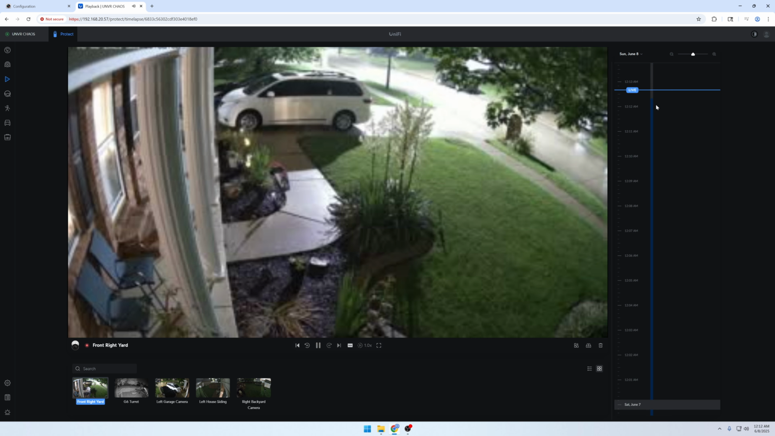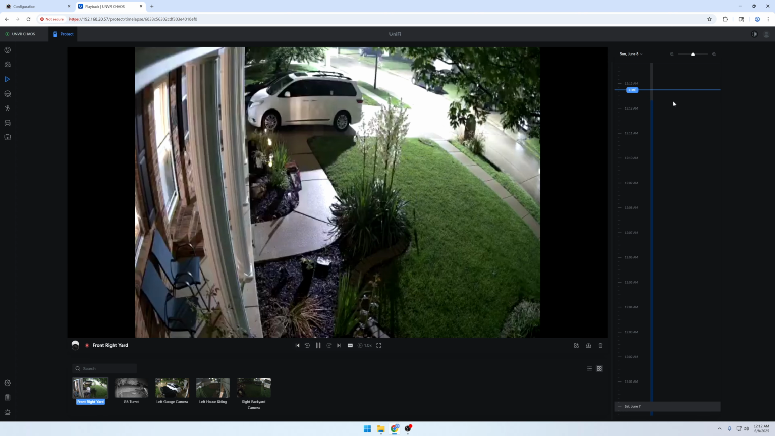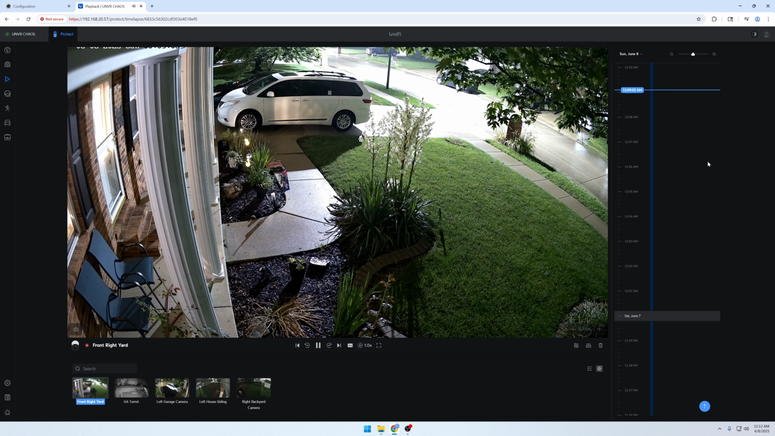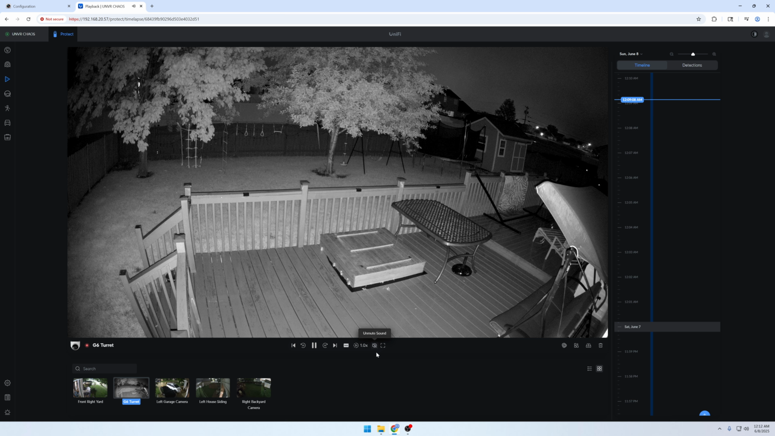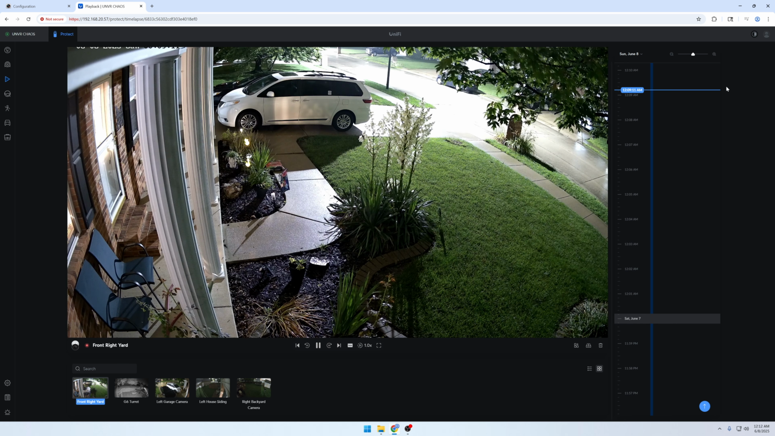It doesn't work for live footage, live view. You have to actually scroll back to be able to hear that audio. But you can see, if you unmute or mute the sound and go back to it, it won't work anymore. So yeah,